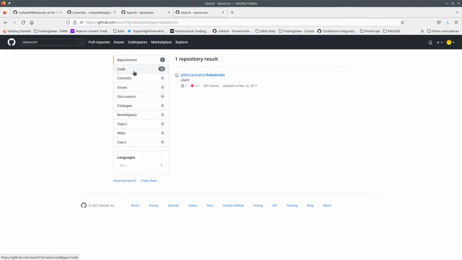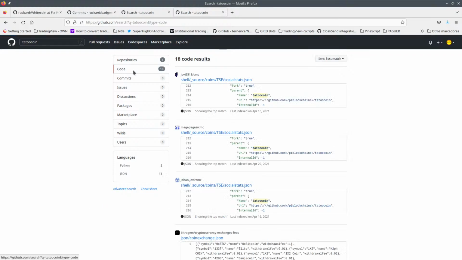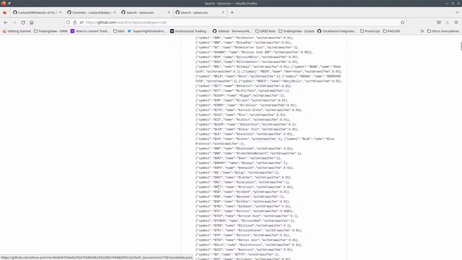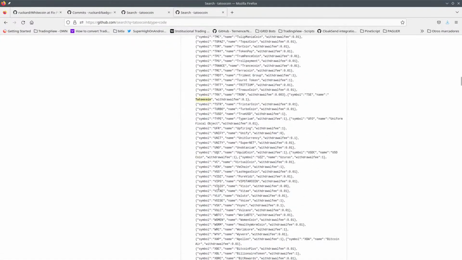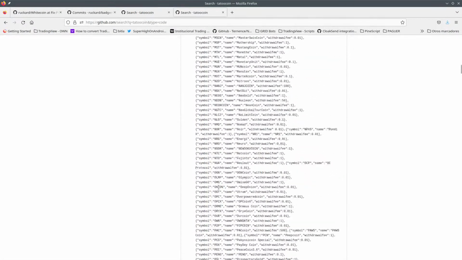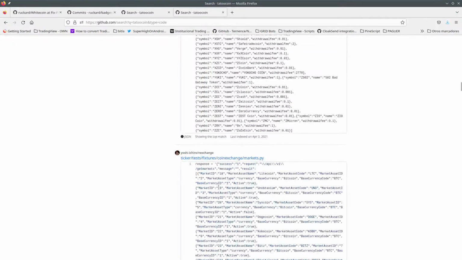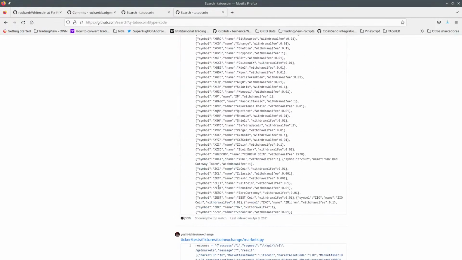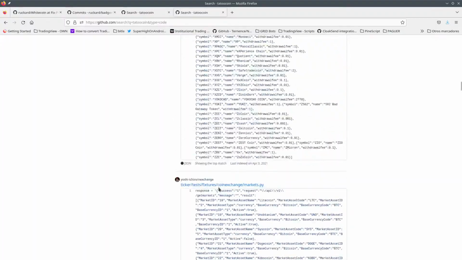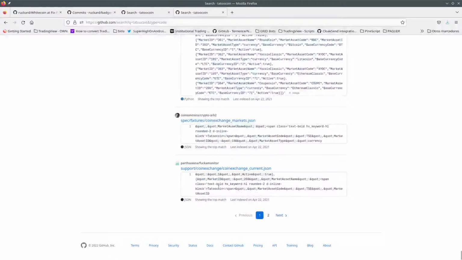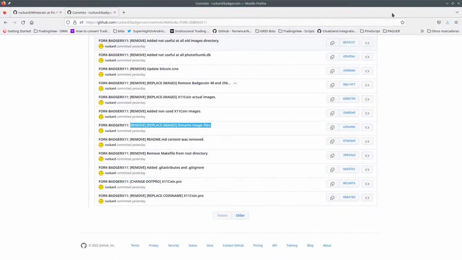Yeah. Code. Name tattoo coin. Yeah, this is not. Oh, look at that. Here there are a lot of symbols and so on. We can check for WC, but you know, this is not going to be useful. Anyway, let's